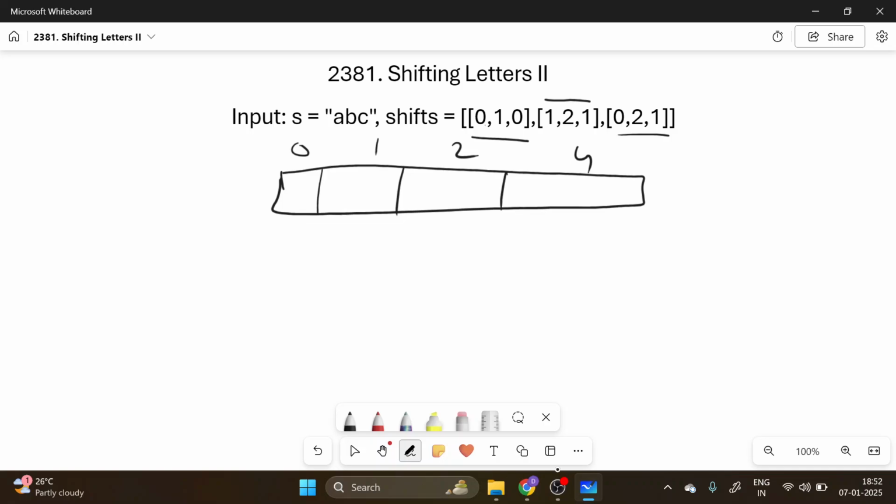We are going to create an array, or we can say a memo. For 0, because the direction is 0, we have to do minus 1. So in the 0 character, we will insert minus 1 here. And now for 1,